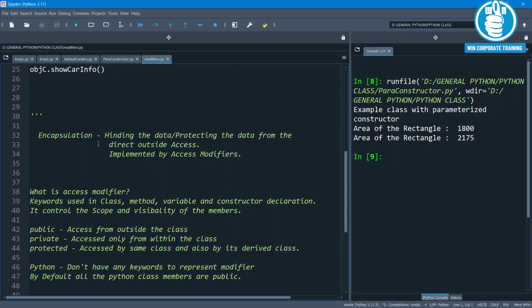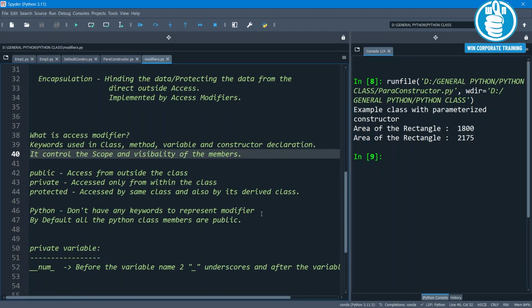We call it encapsulation. At the programming level, it is implemented by using access modifiers. Then let's understand what an access modifier is. It is a keyword used in class, method, variable, and constructor declaration. It controls the scope and visibility of the variable.